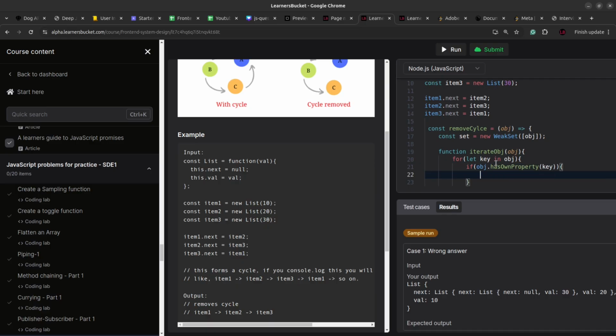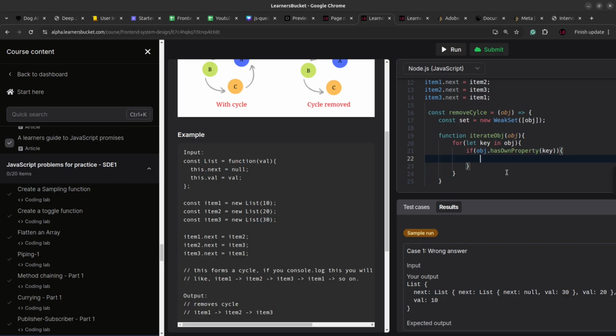If the key is the own property of the object, and if typeof the value of this is object,